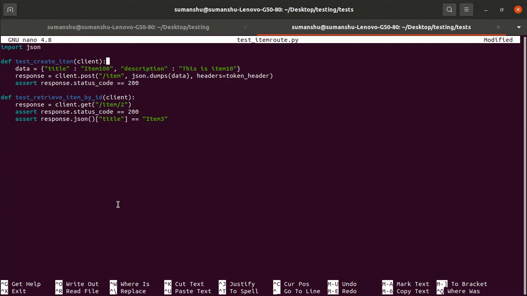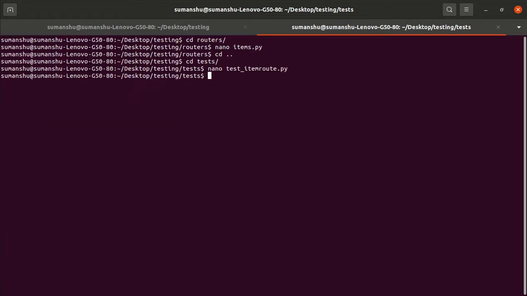So we will use the concept of the PyTest fixture, the same concept which we used in the form of clients, because the client we could also generate within the test case, but that code gets executed before, so we are running it as a PyTest fixture. So header token is a kind of function which we will treat as a fixture only. After the client fixture, the header token fixture will be called, and then this header token will be passed here.